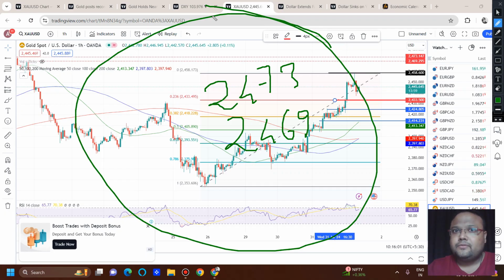Buy breakout is a good one, but be careful. Initially you can target 40 pips. If you see that after 40 pips the market is really going high and has further potential, then you can continue. But be careful today, and especially be careful at the time of news.